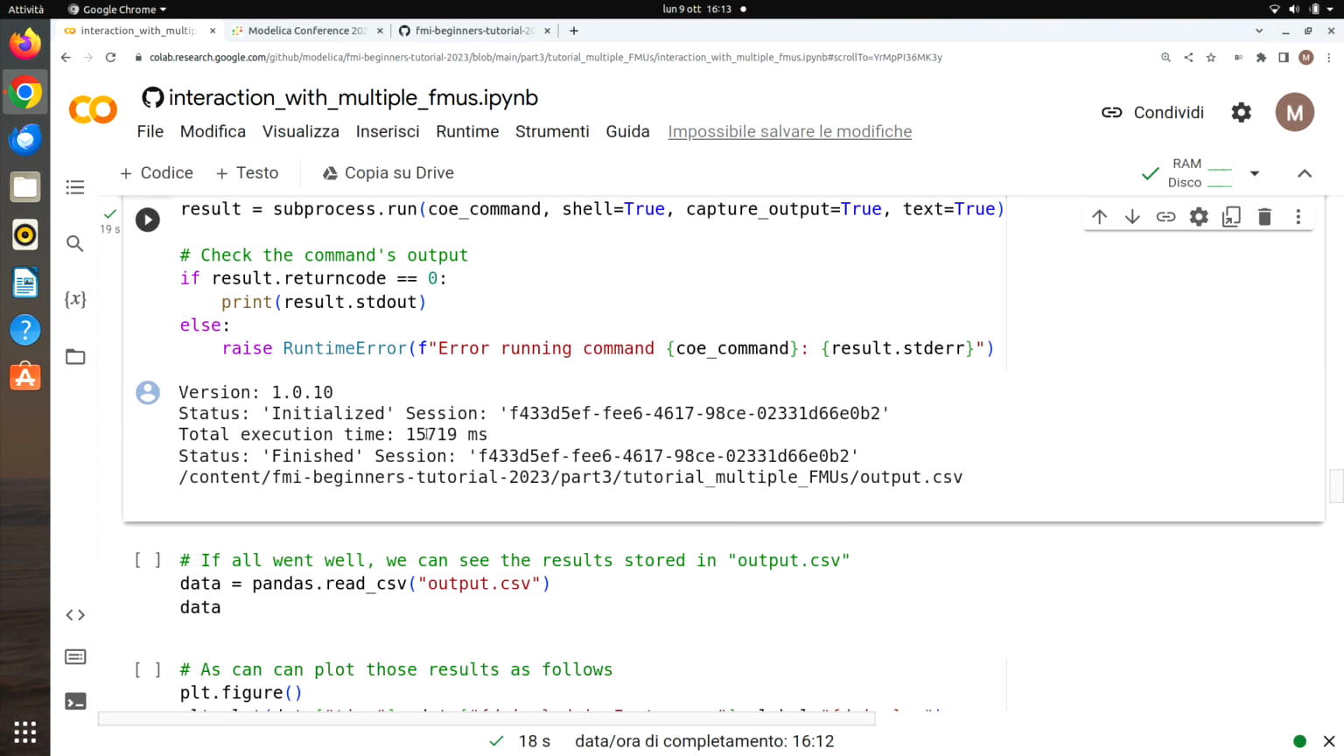Okay, so again, now you can see we have more FMUs with their connections. This means that now the execution time is higher. It took roughly 15 seconds for this co-simulation. The output is always stored in